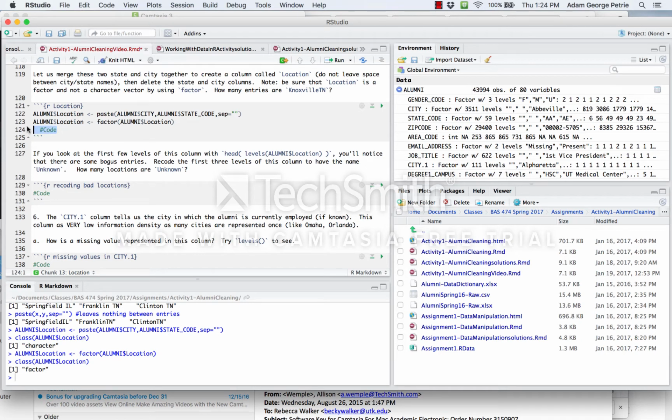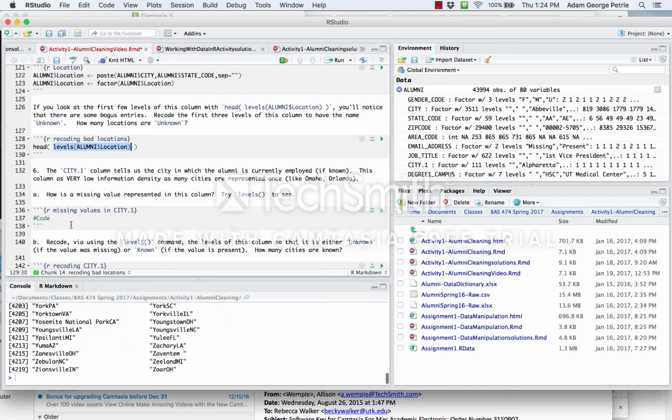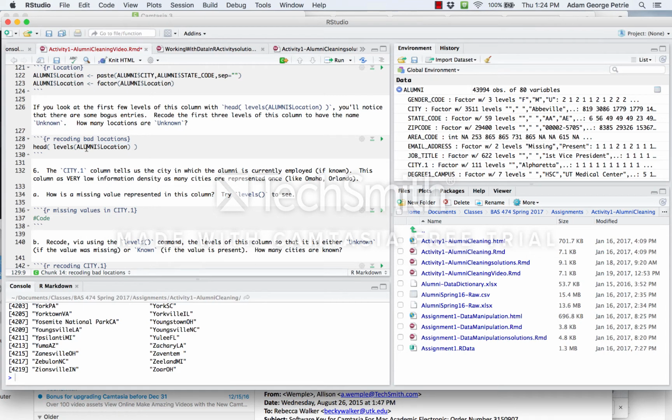All right, so now that we've created this location column here, maybe we need to do some data processing on it. So I say, all right, let's just take a gander at the first few levels of the location column that we made. We could look at all the different levels just with that levels command. We see there's a little over 4,200 different cities represented in this data frame. It turns out the ones at the very beginning of this list are actually the problem ones. So if we look at the first 6 different levels, the first 6 different unique values of this categorical variable,